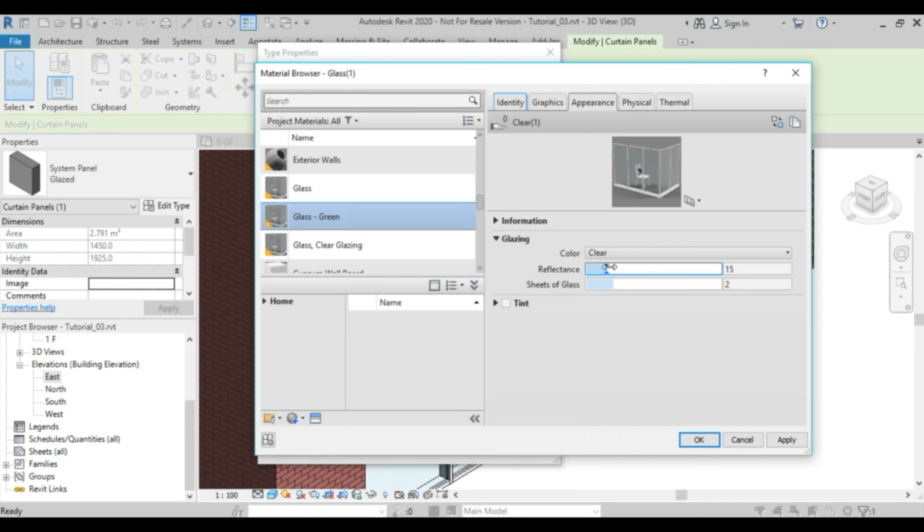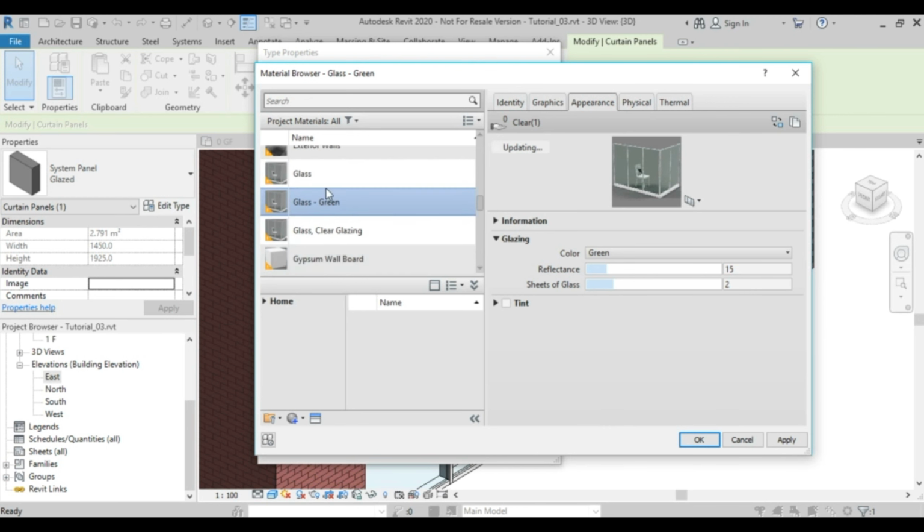So I'm going to go over here and say Green, and the color will change. Just make sure that Glass has Clear, and Clear Glazing has Clear, and Glass Green has Clear 1, which is a different naming,